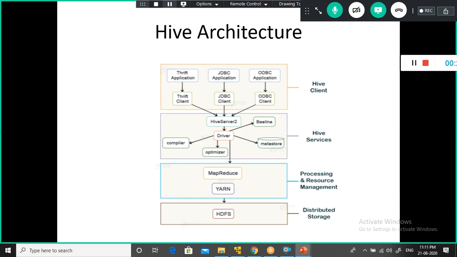The user interface calls the execute interface. Let's say they are executing a query. Let's assume that the user submitted a query using this client, right? So now what will happen is,